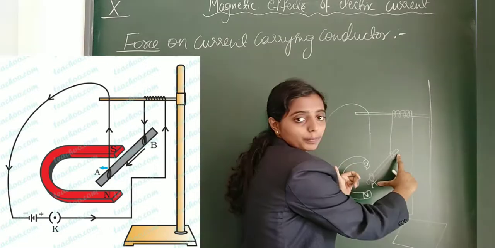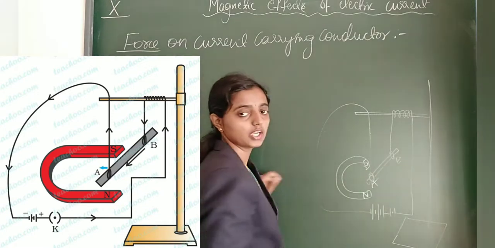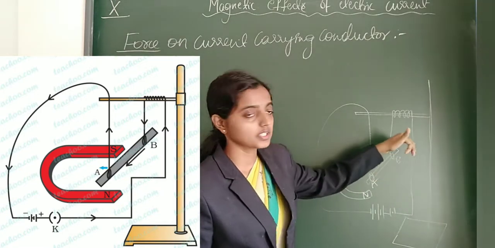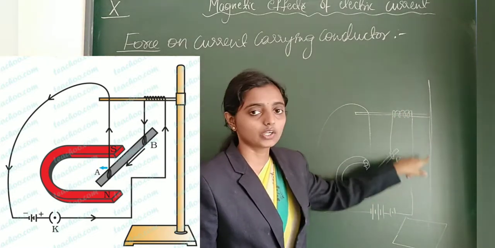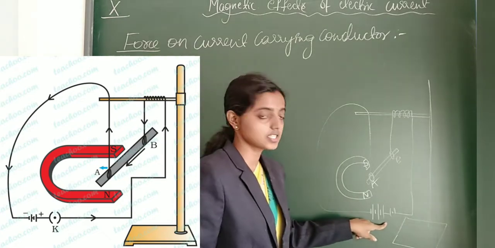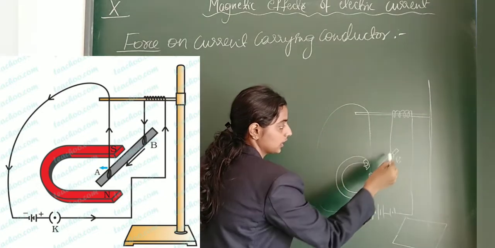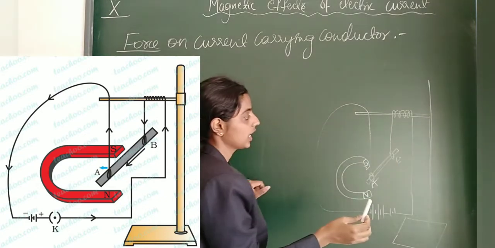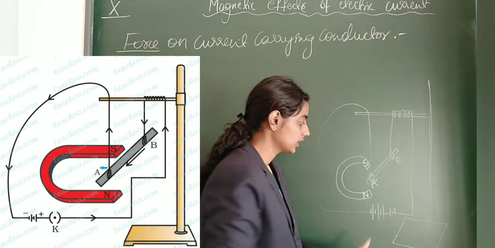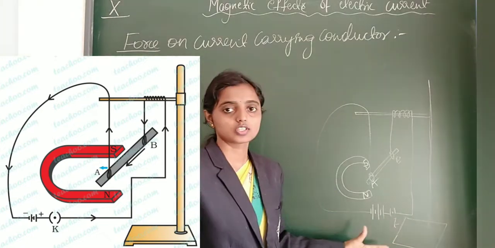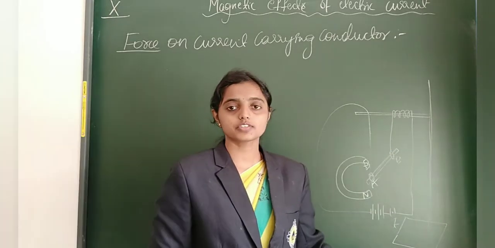Here we have taken an aluminium rod, with one end let it be A and the other end let it be B. This aluminium rod is suspended horizontally and connected with two connecting wires in a series circuit. So once again I repeat, the aluminium rod is suspended horizontally with the help of two connecting wires, and it is connected with a battery and key in series. This is how we connected the circuit with the help of the stand.